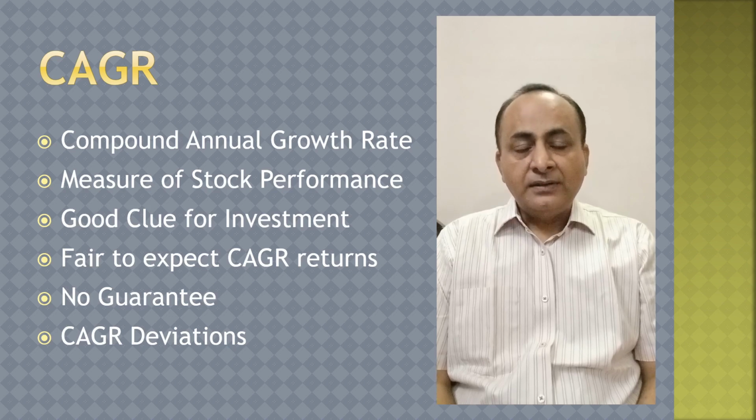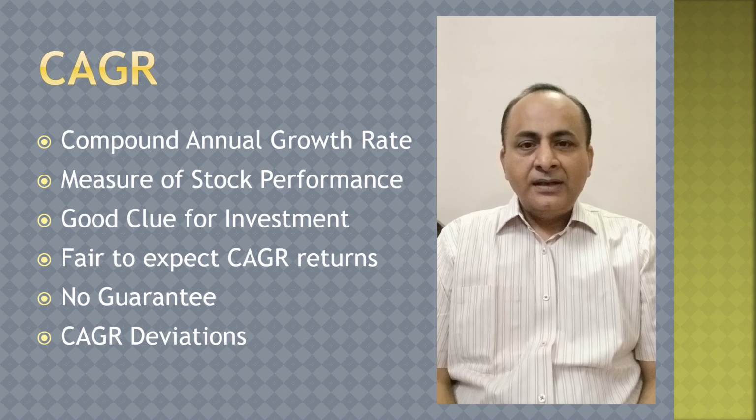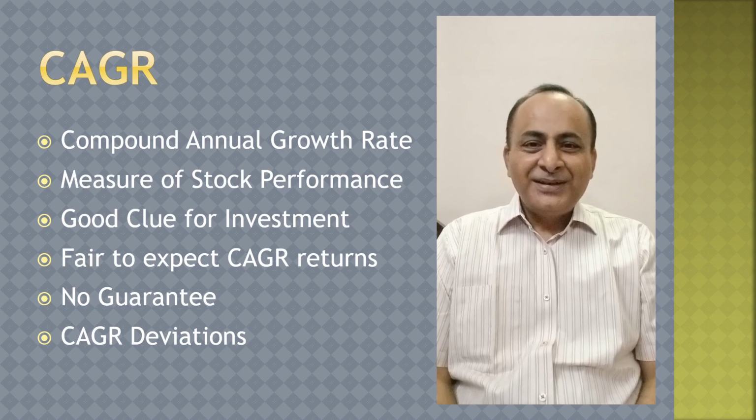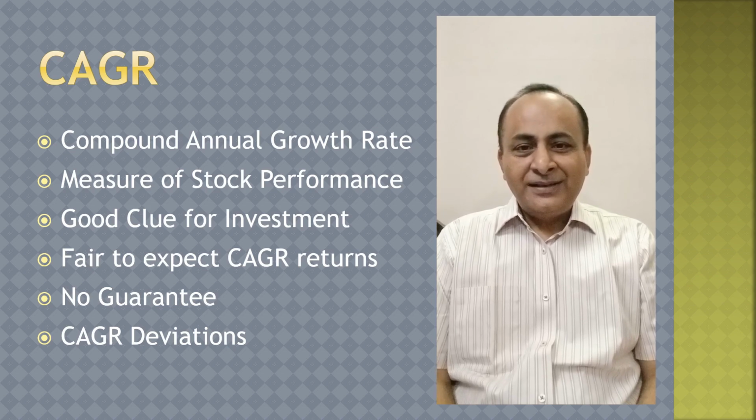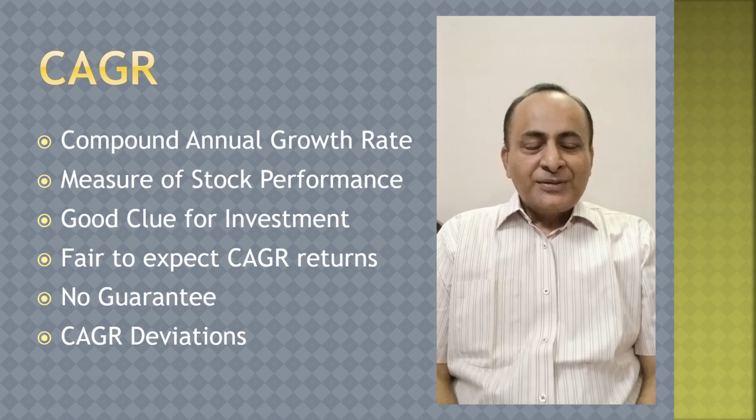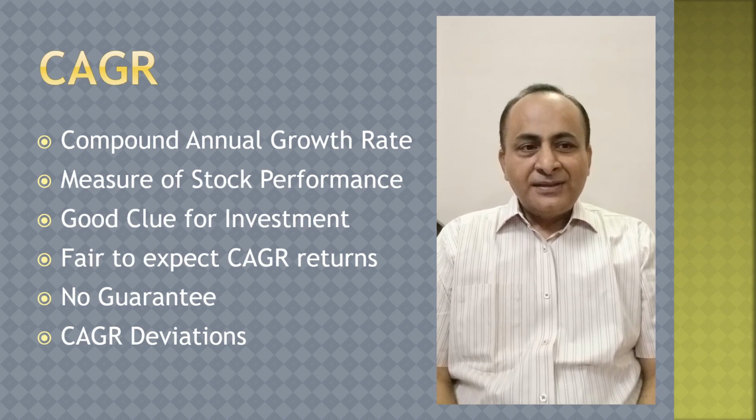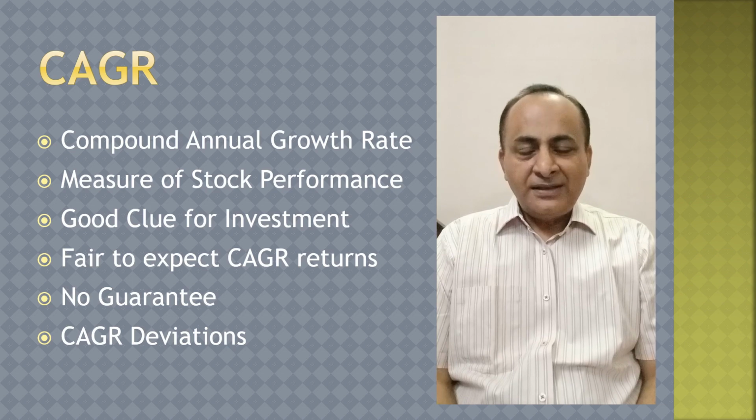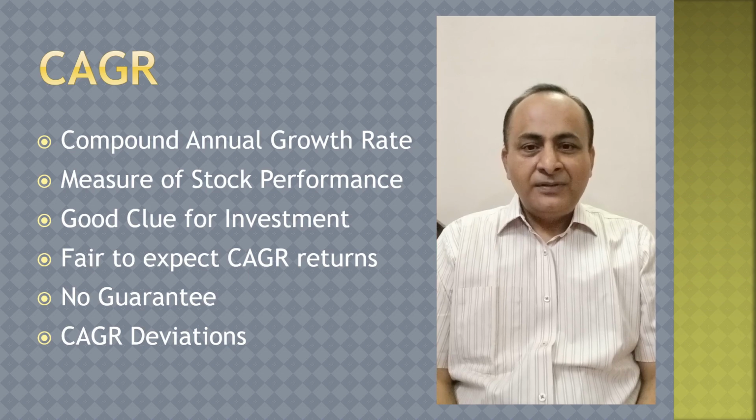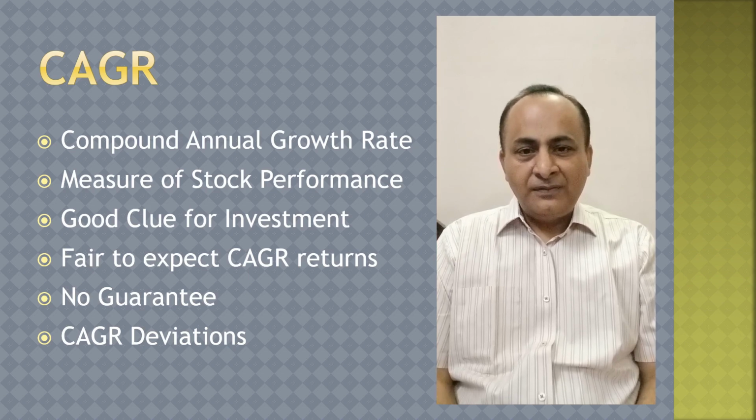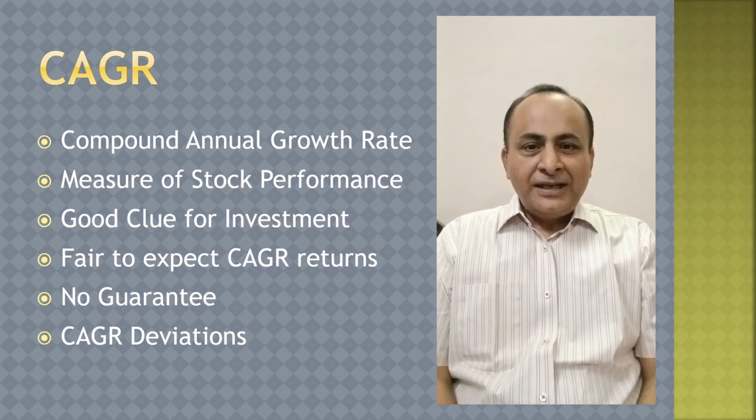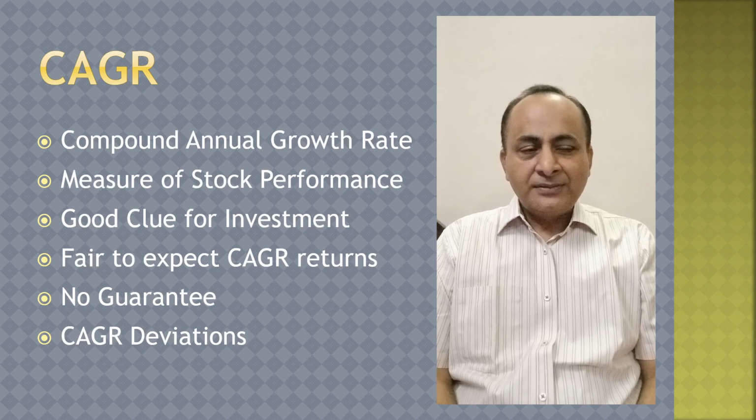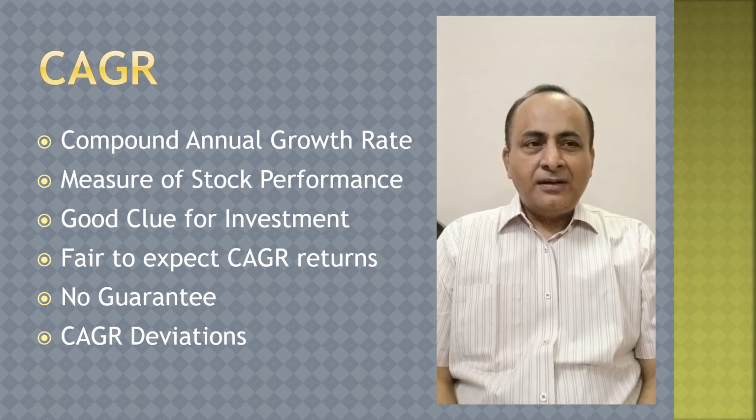But there is no guarantee. In the stock market, the major issue is that everything may seem right, but there is no guarantee that this will hold. We have seen so many examples of CAGR deviation. Stocks operating at 20% CAGR end up giving you less than that, or sometimes end up giving you a loss. So this video is to explain how this CAGR